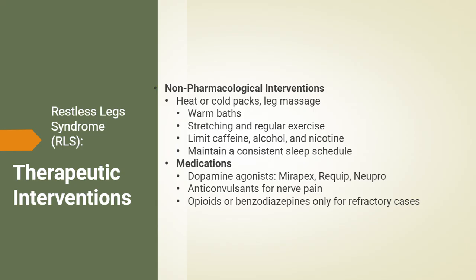Lifestyle modifications are equally important in managing restless leg syndrome. Encouraging the patient to avoid caffeine, alcohol, and nicotine can significantly reduce nighttime symptoms because these substances can worsen nerve irritation or disrupt sleep patterns. Regular sleep schedules and moderate daily exercise support the body's natural circadian rhythm and help reduce nighttime restlessness. Education is essential. Patients should understand that even small changes in their daily habits can make a meaningful difference in symptom control.